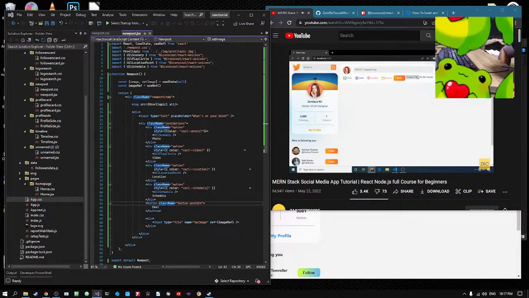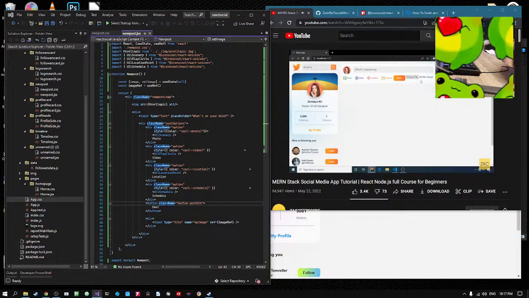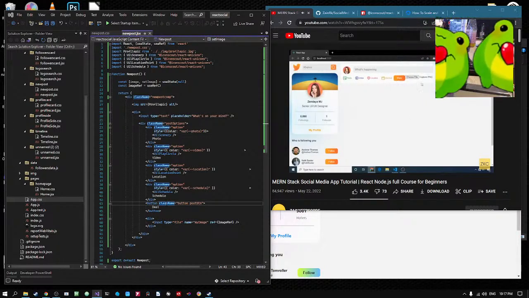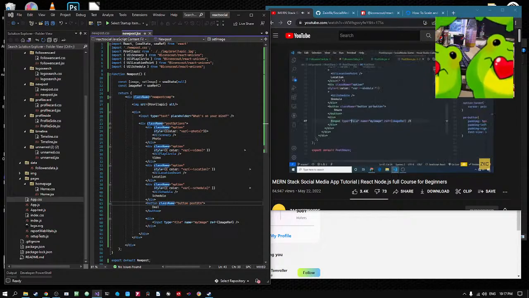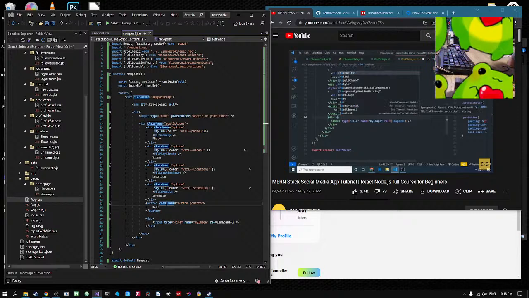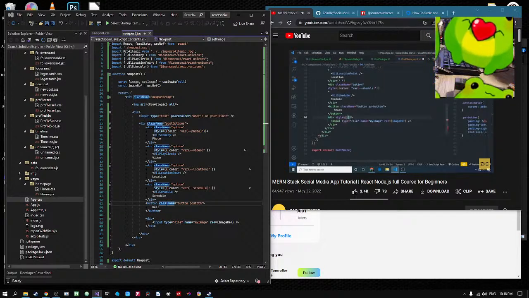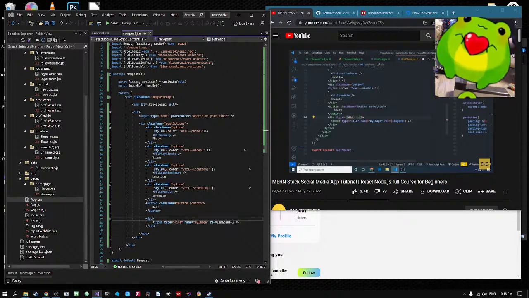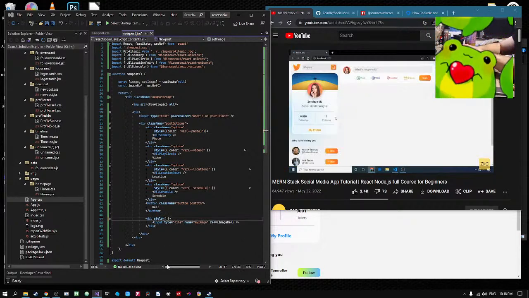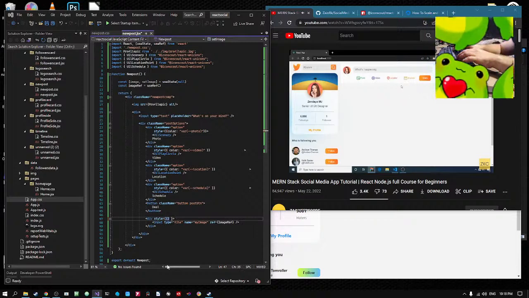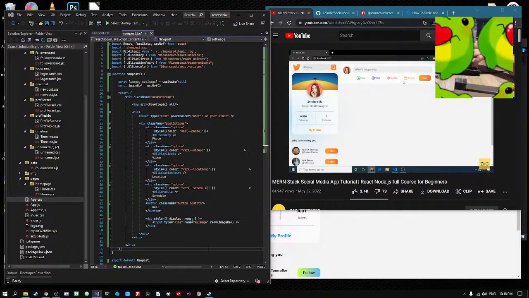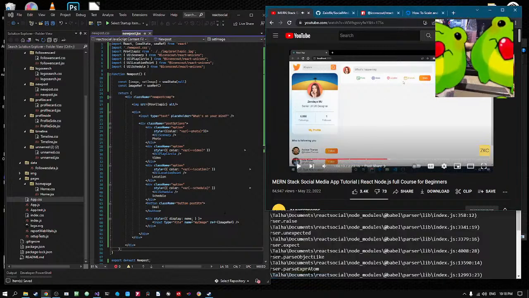Here you can see that our input type file is visible and we can choose any picture, but there is no use of showing this. So what I am going to do here for this div, I will declare its style. Basically on this style I will make it display as none. Now save this and you can see the input is gone, but its reference is available for us in the program. So I will use